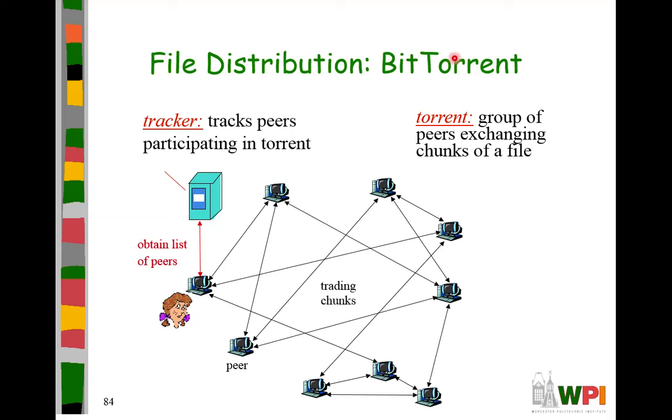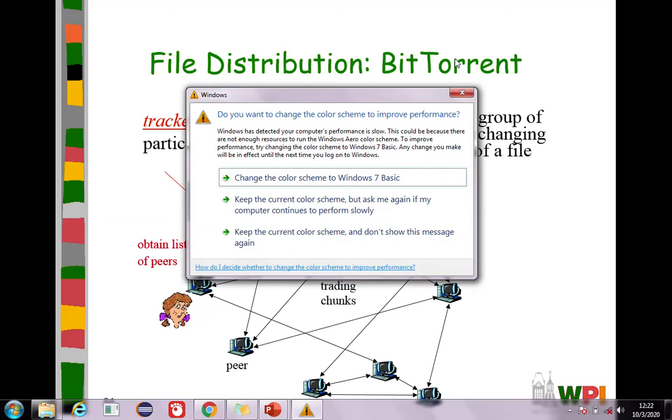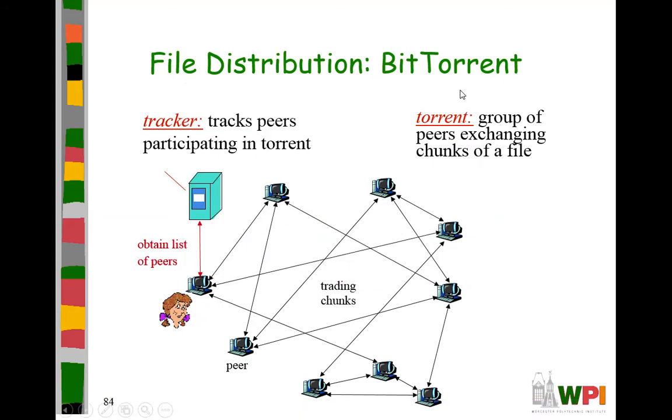For example, uTorrent is used to get pirated Windows, MS Office, files, even the manuals, the solution books, exercise books and the movies. Okay, so the BitTorrent protocol, how does it work? What is, first of all, a torrent? A torrent is a group of peers, a group of users exchanging files,